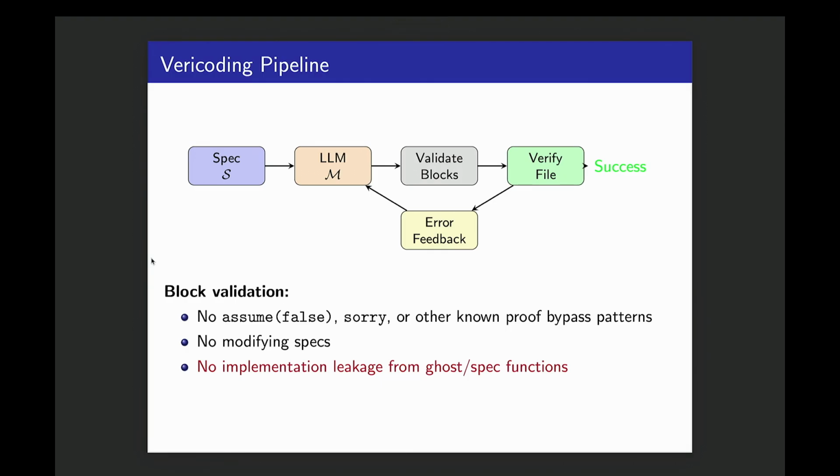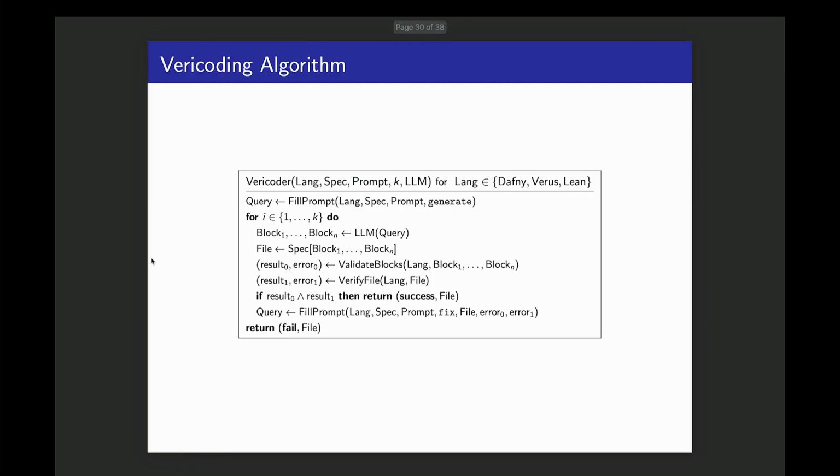And then in the vericoding pipeline, we give a spec to the LLM, which gives us some blocks. We first validate the blocks and then verify the file, with Dafny or Verus, or give it back to the LLM. This was maybe why there was a problem with Lean: Lean was giving us the proof, then we checked that proof, and that's only for 5 rounds, which is not going to work well in all cases.